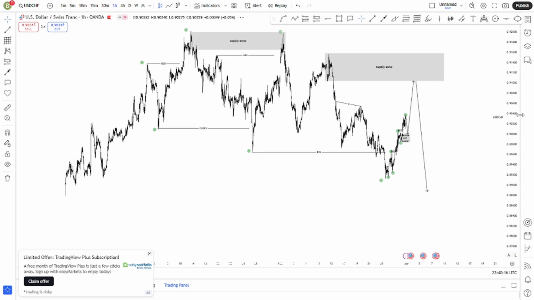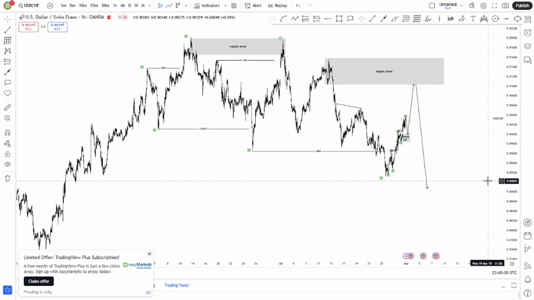So that is the analysis that I have on USDCHF,